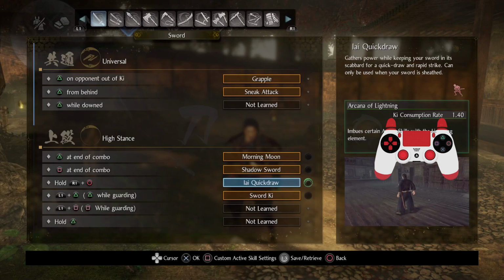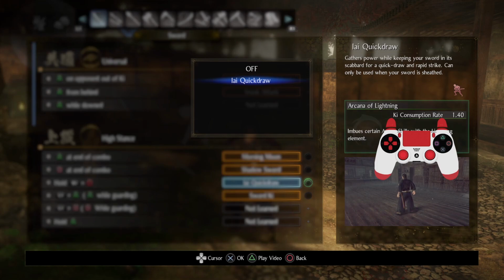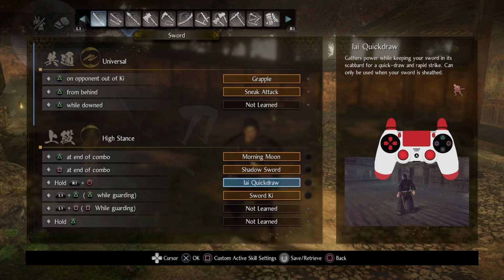So I can have a lightning quick draw if I really want, but you can only basically have one custom active skill on any one skill per weapon. So hopefully that makes sense. But yeah, it's pretty cool. And then if you want to unassign it, you can take it off. And yeah, it's pretty valuable. Also,